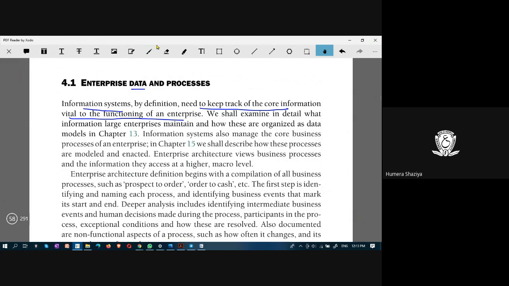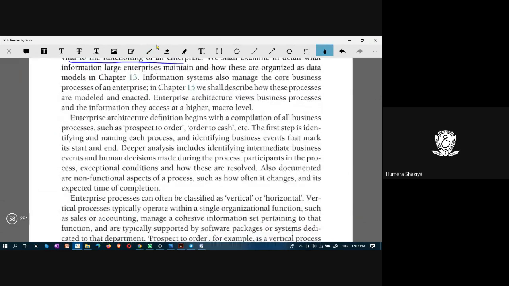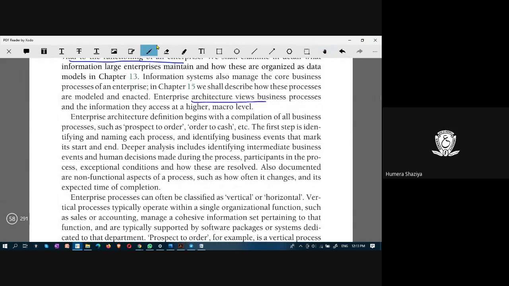An information system follows a process. Enterprise architecture views business processes and the information they access at a higher macro level. Enterprise architecture definition begins with compilation of all business processes such as prospect to order, order to cash. For instance,